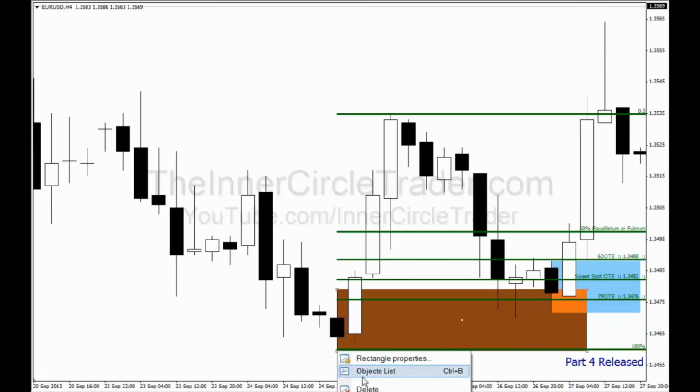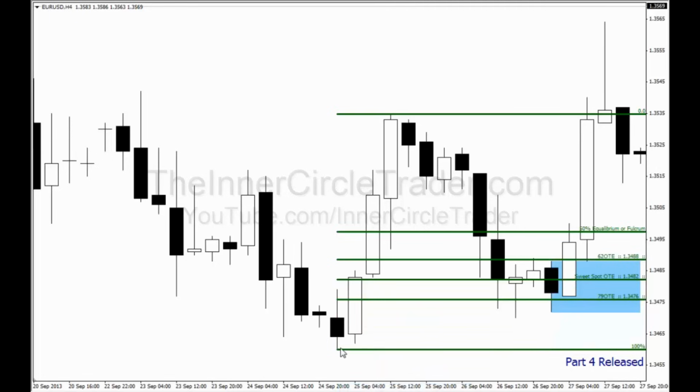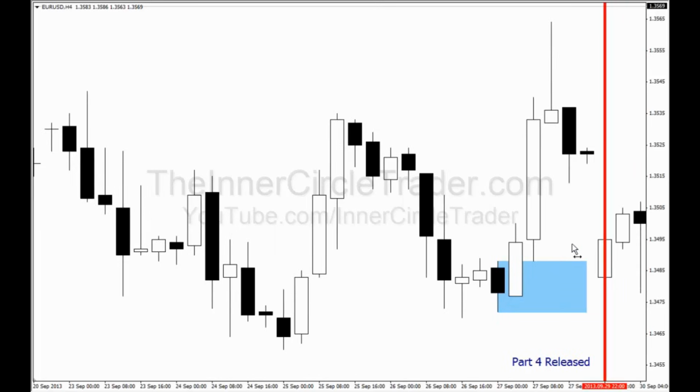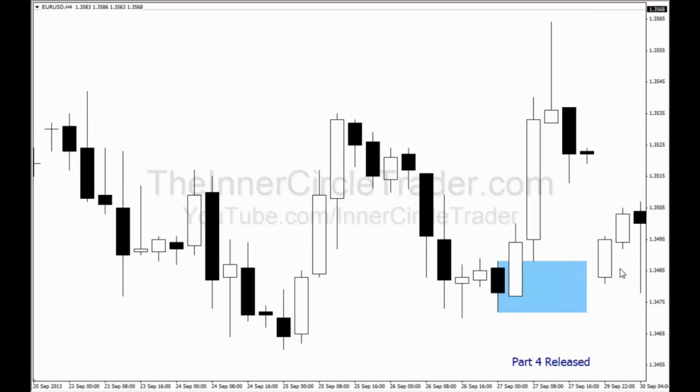We're going to look at examples, okay, based on the idea we shared in part 4. Okay, this was the order block that would have been staring you in the face at the time of the last release of part 4 of ICT's Scout Sniper Field Training Guide. Price comes right down. Here is the day that the video was released, and this is where,